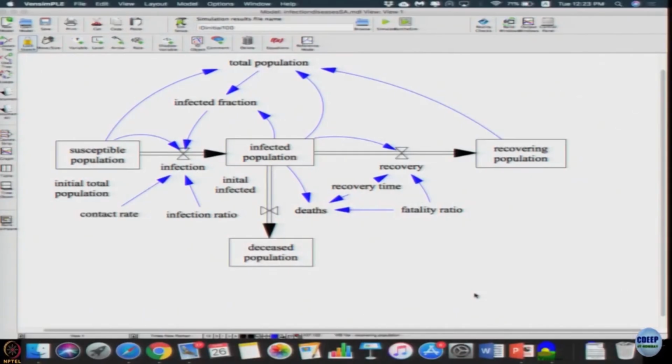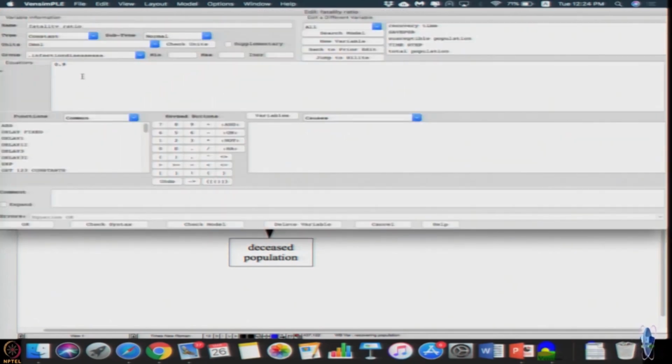First one says that the recovered population does not pose any threat as they are quarantined. So, how do we change the model to reflect that? Now, it is said that the recovering population does not affect new people getting infected, right. So, this link should disappear, that is policy 1. Second one was this fatality ratio. It is said that if 100% of people get antibiotics, then the fatality ratio goes from the current 0.9, 90%, to 15%, 0.15. So, this is a parameter change, quite easy, we can do it,